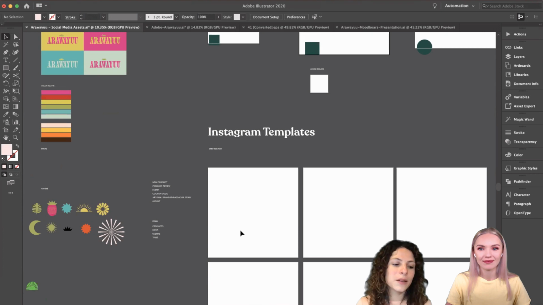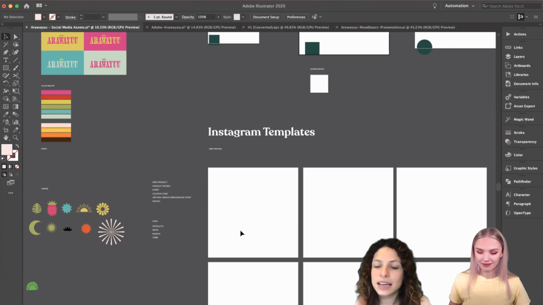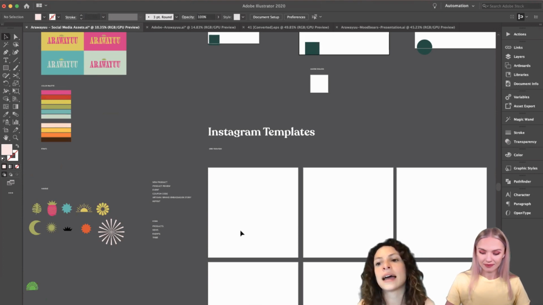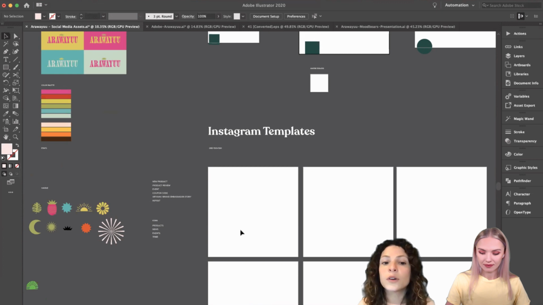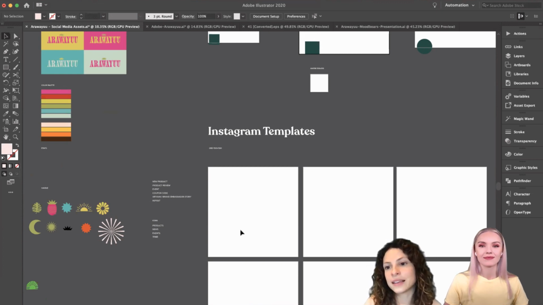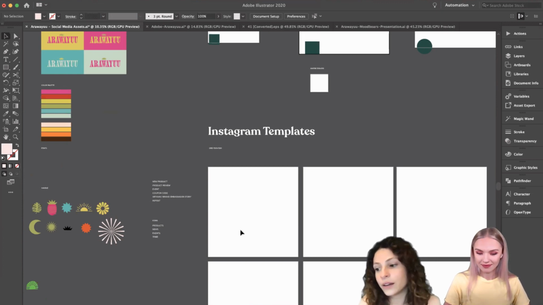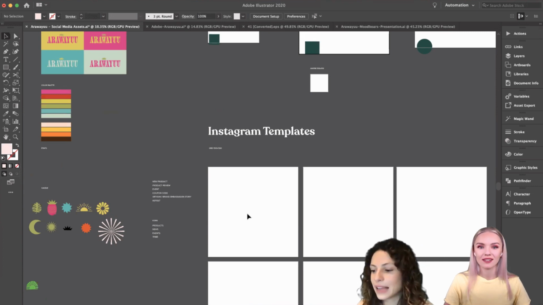But with my clients, sometimes I actually do these, because even if I'm working on the brand guidelines, after the brand guidelines I do get a little bit of layout and template design, so I can see how those brand guidelines are really working in a real scenario. So that really helps.